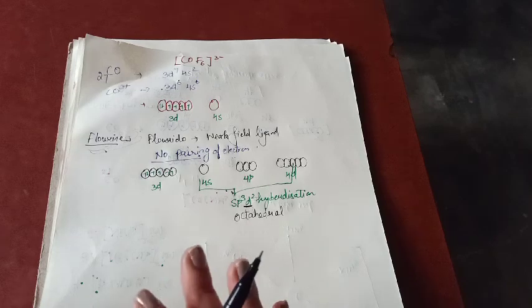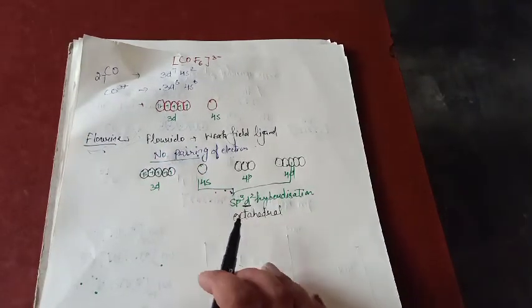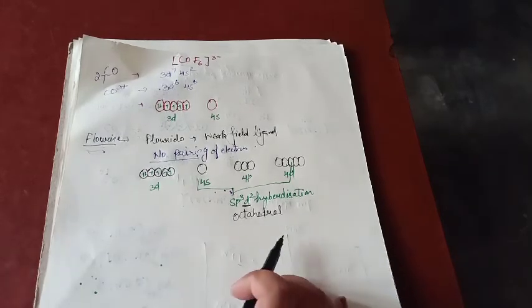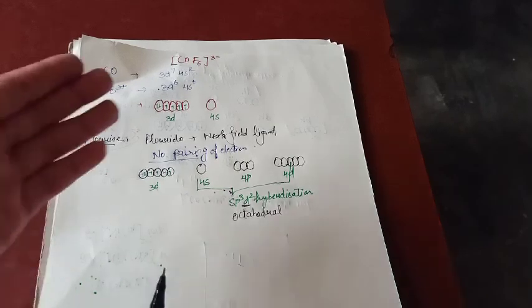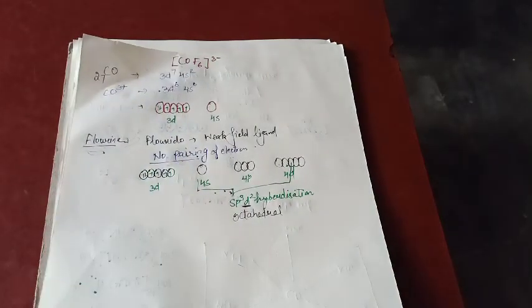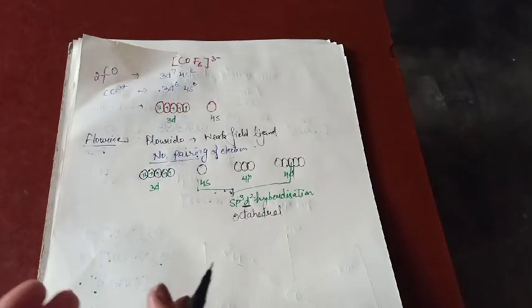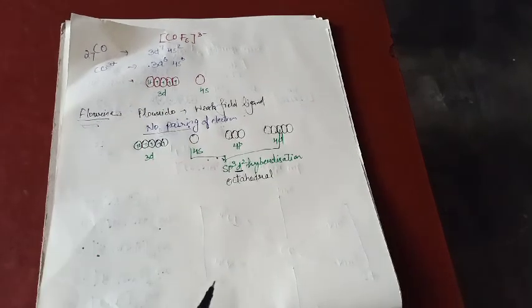It is not explained by the VBT why the orbitals involved will be d orbitals, or why it will be inner, why it will be outer. ये नहीं उसने explain किया. Even in addition to that, VBT does not explain why some complexes are having unpaired electrons, why some are having paired electrons. Based on that, some will be paramagnetic, some will be diamagnetic. So these are the limitations of the VBT. I am discussing side by side, so I don't think we will require any separate lecture for limitations.